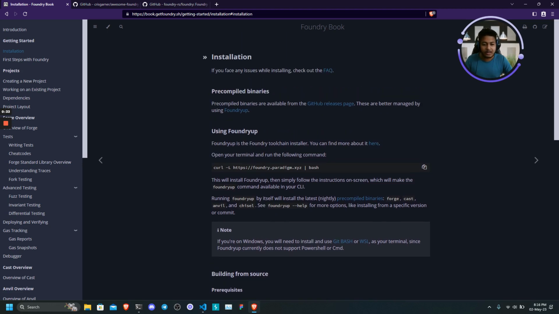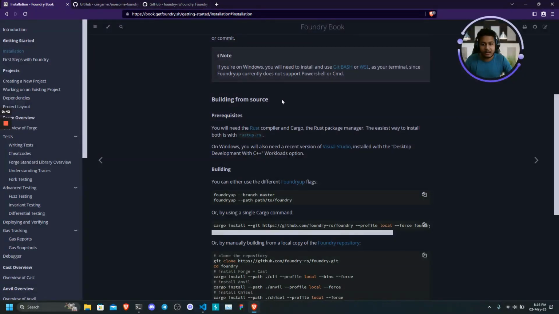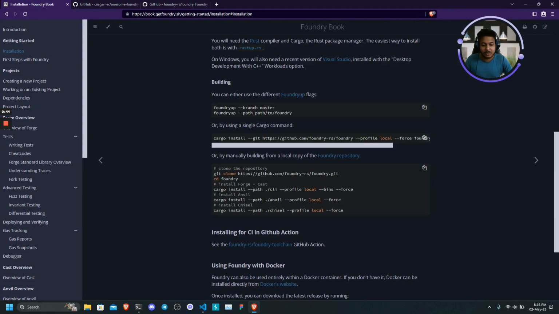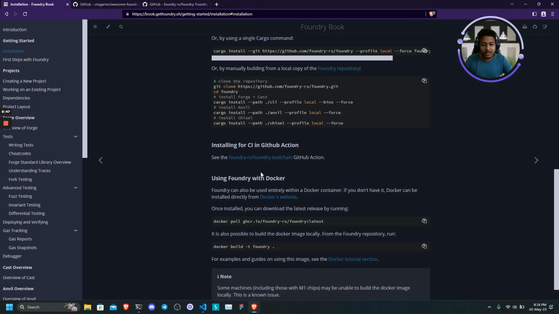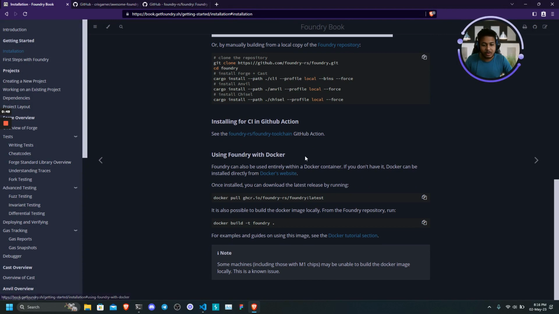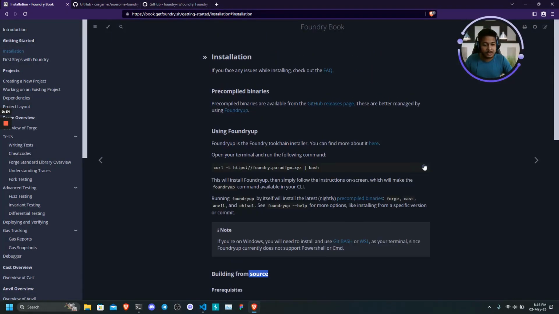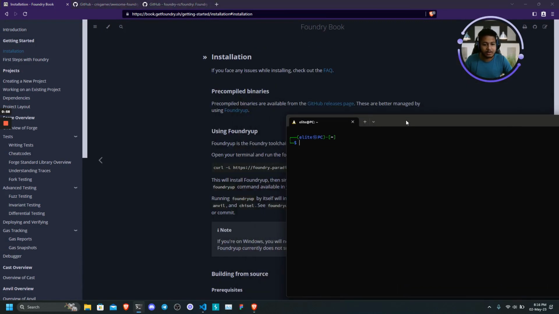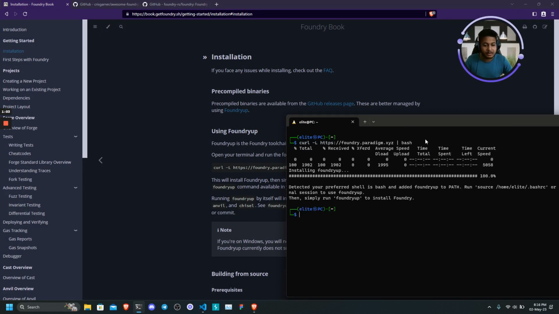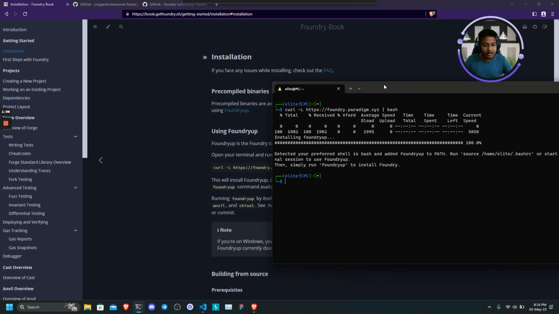So let's get started with installing it. To install it, we have multiple options, like we can use Foundryup. We can also build it from source using Rust or Cargo, and then we have another option to install it with Docker. We will be using the easiest one, that is using Foundryup. We just need to fire up our terminal, paste this command and hit enter, and it will just